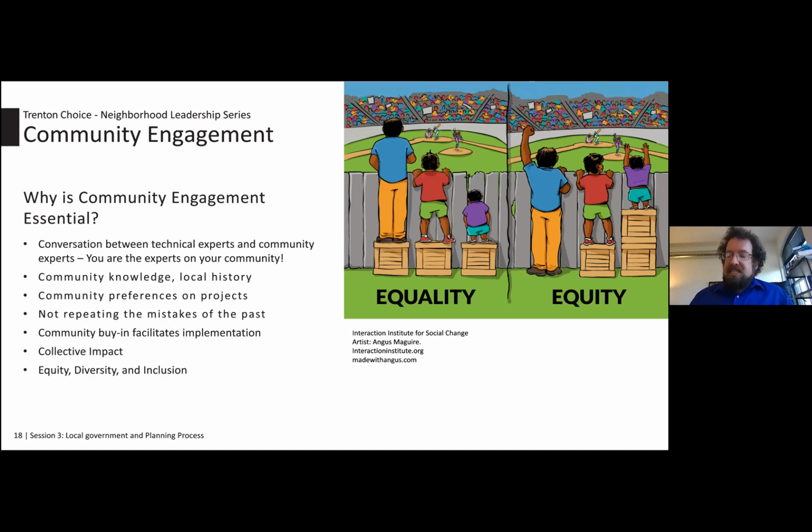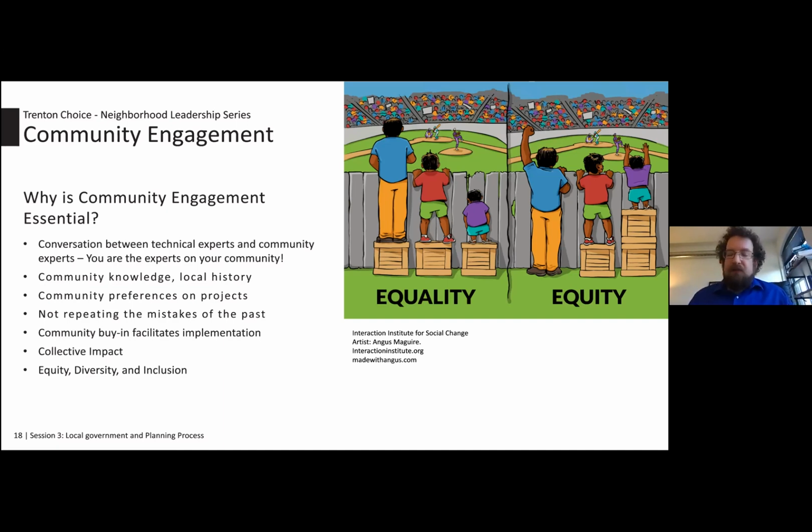Inclusion is about ensuring all those different voices are heard and welcomed into the process. So you can have a group that has everybody in the community represented. And if their voices aren't welcome in the conversation, if they're not allowed to speak, if they feel uncomfortable sharing their points of view, that process isn't going to go anywhere. It's not an inclusive process. You want everybody's voices to be heard.